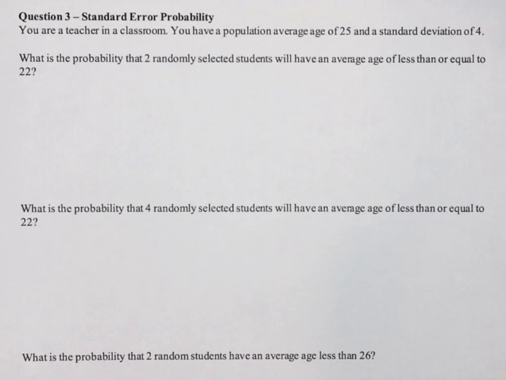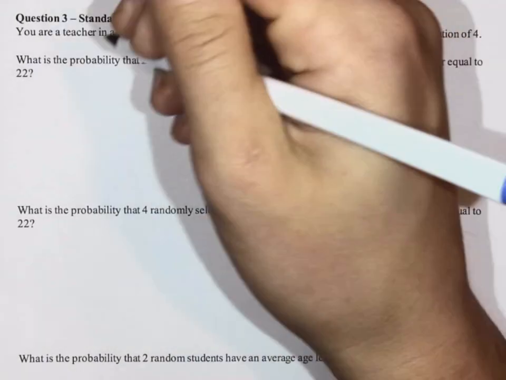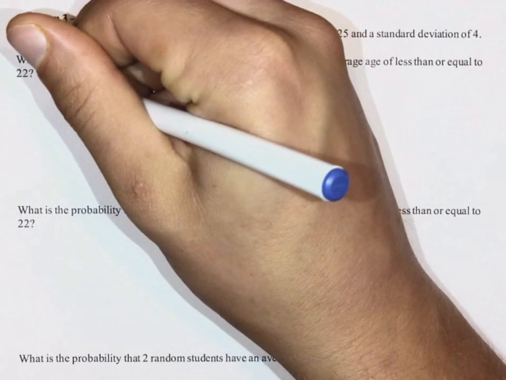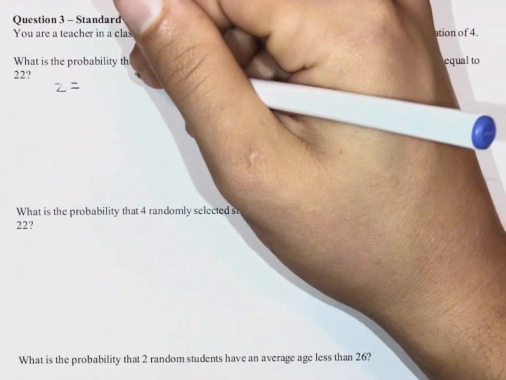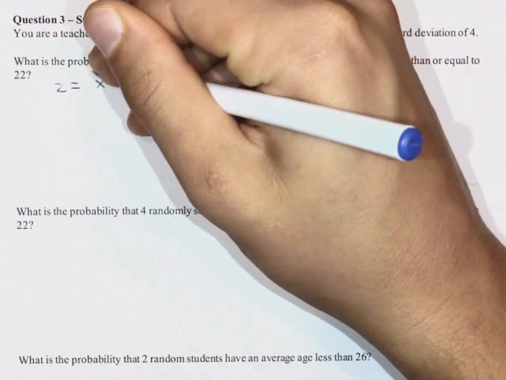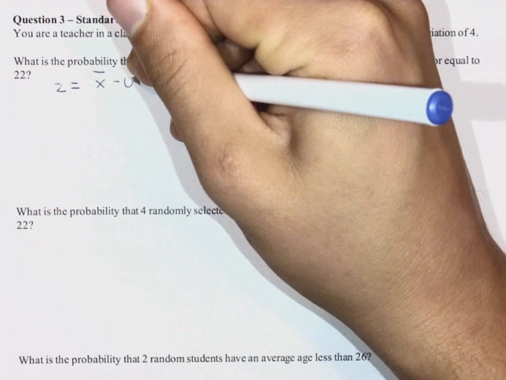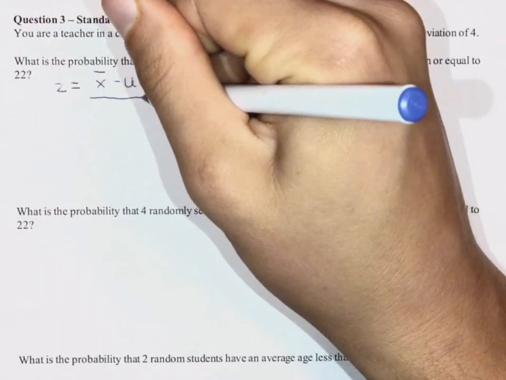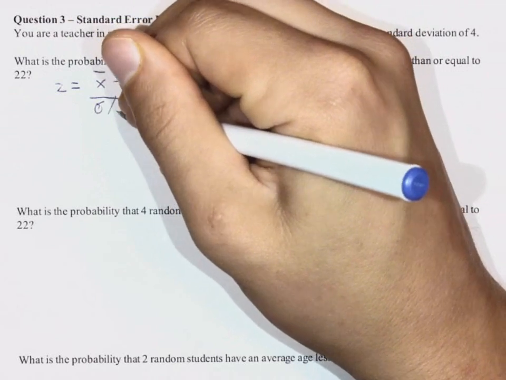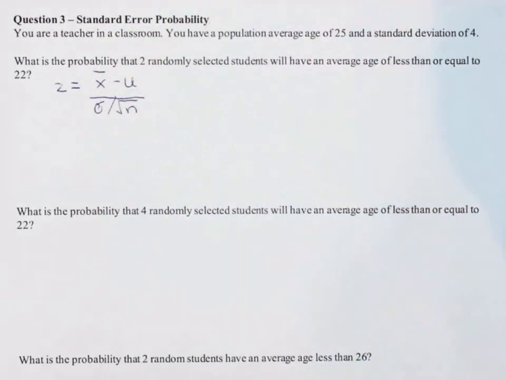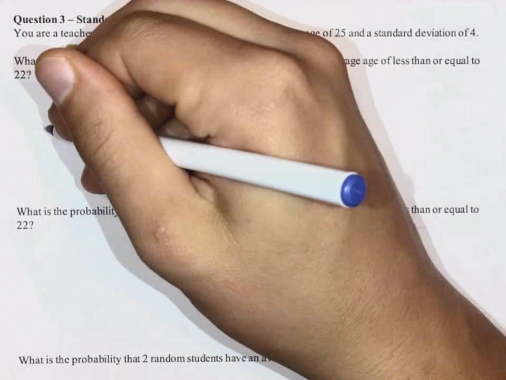So to determine that, we need to define our z-score. To find our z-score, we can use the following formula, where